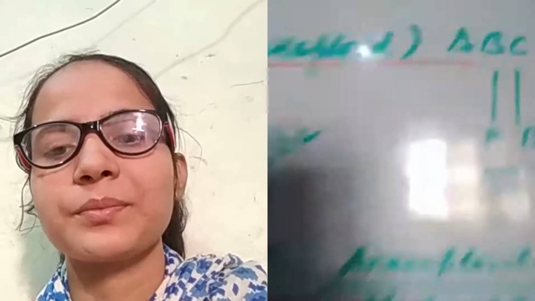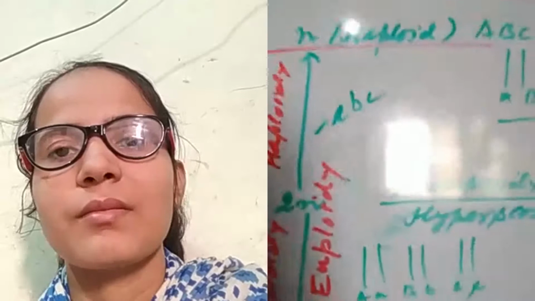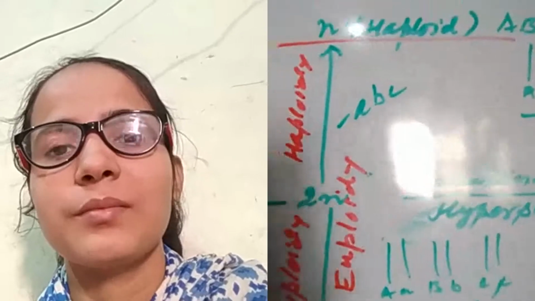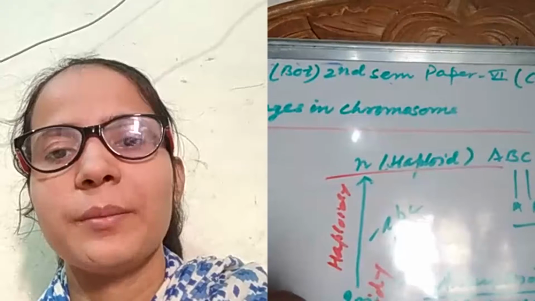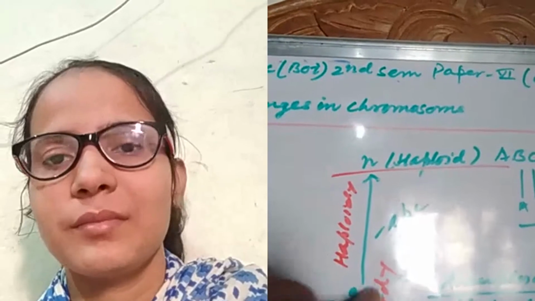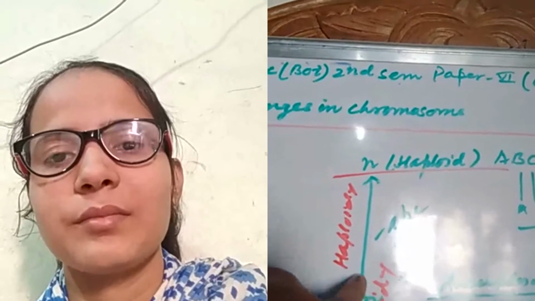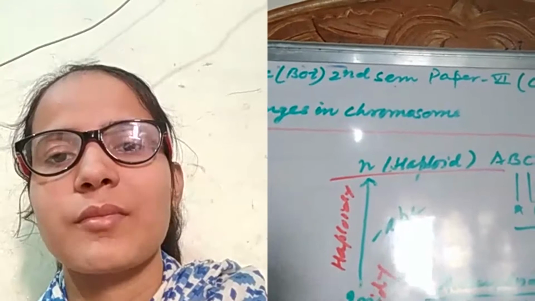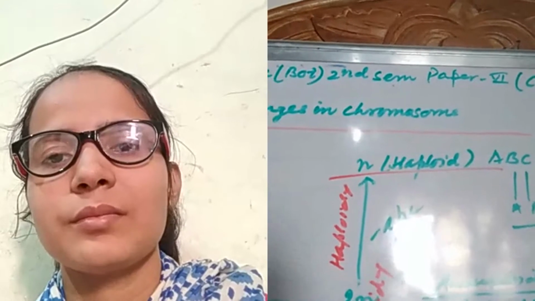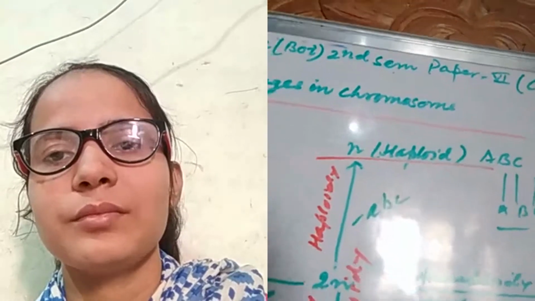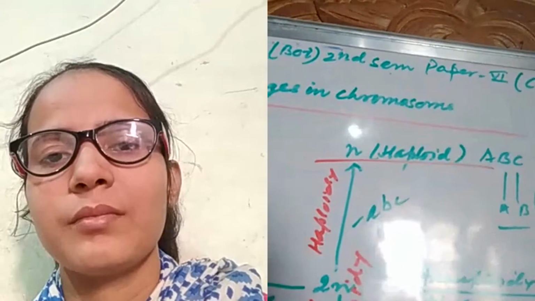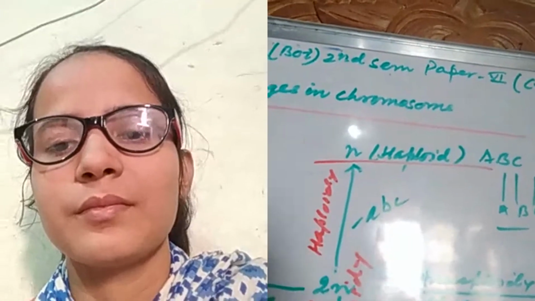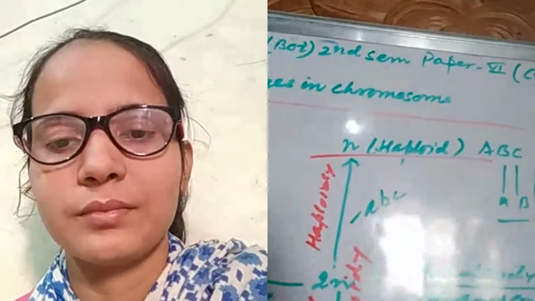Now look at the whiteboard, Shilpa. Is the whiteboard visible, Shilpa? Yes, sir. Look at the center of the whiteboard here. This is the diploid number 2n, and I have taken a very simple example. If 2n is equal to 6, a very simple example I can illustrate. I have taken it to illustrate the various types of numerical changes in the chromosome.